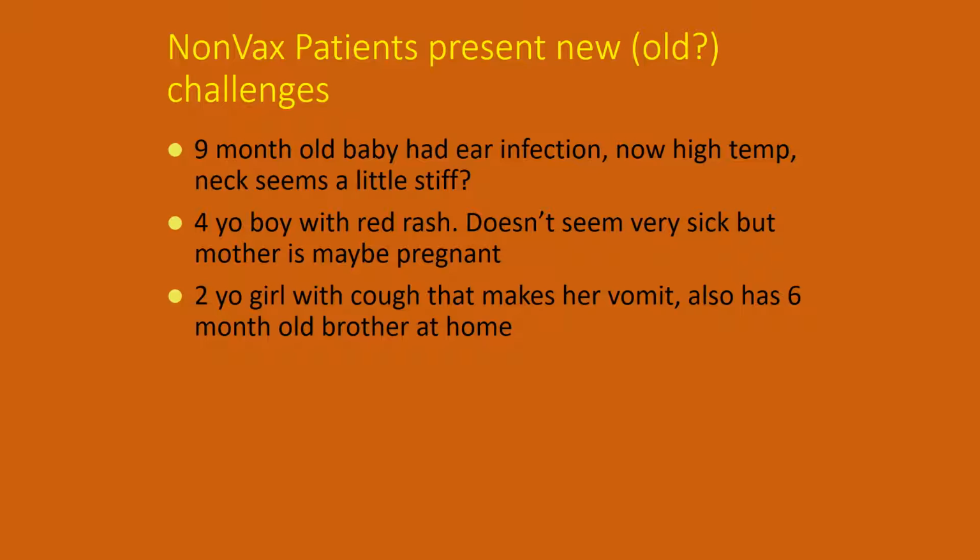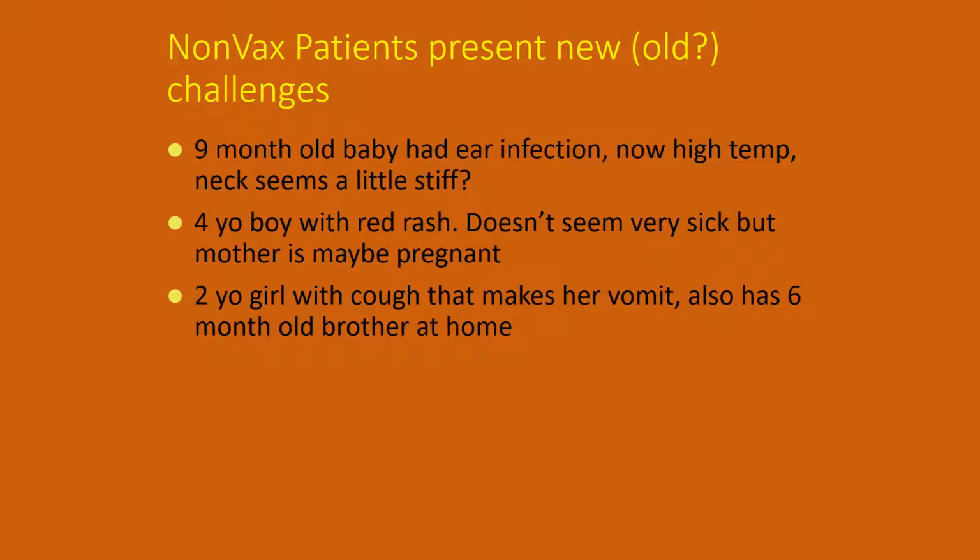4-year-old boy with a red rash, he's not that sick, but his mom might be pregnant. So you need to go back, you need to make sure that mom's documented immune to rubella, and that there's no other risks. Another consideration, of course, would be fifth disease, but there's no vaccine for that. So, that would not have been able to be prevented by a vaccine. But him being immunized would have made the probability of rubella much, much lower, and therefore you would not have had to worry about his mom.